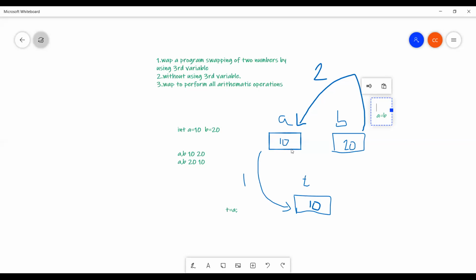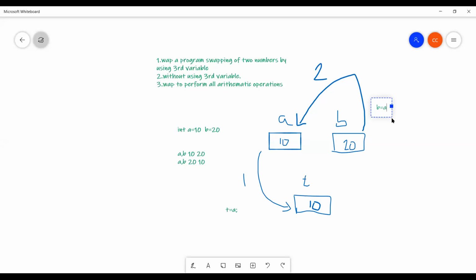Okay, the value remains as it is. If you write a equal to b, that means b value is stored at a. Suppose if you write b equal to a, what is the meaning? A value stored at b. Okay. So which statement is correct?